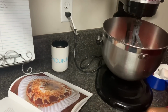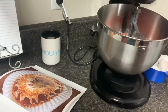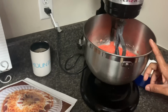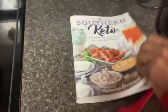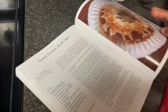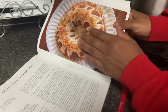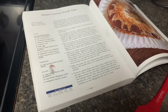Alrighty, you guys, so the kids and I just took a small break. It's about 12:41, so I took a break about 12:35 and just whipping up an easy cake, a dessert. This is from the Southern Keto Cookbook, and this is her glazed coconut bundt cake. What I do is I use the base recipe. I don't make this, right? I just use the base recipe for the cake. I add in one thing of sugar-free